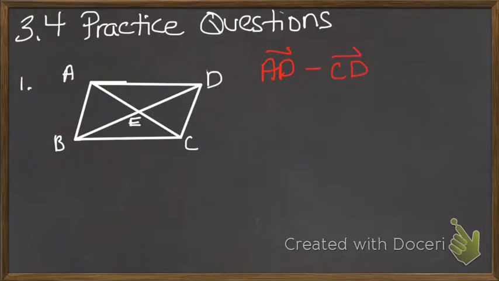So first of all, let's start by finding vector AD. Drawn head to tail, we know that AD is going to look like this along the top. And I want to subtract vector CD. So vector CD is also going to point up in that direction. But here's the rule. When you subtract vectors, you're going to add its opposite. So this is the same